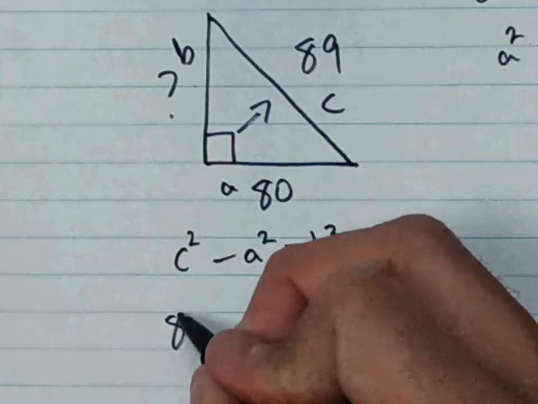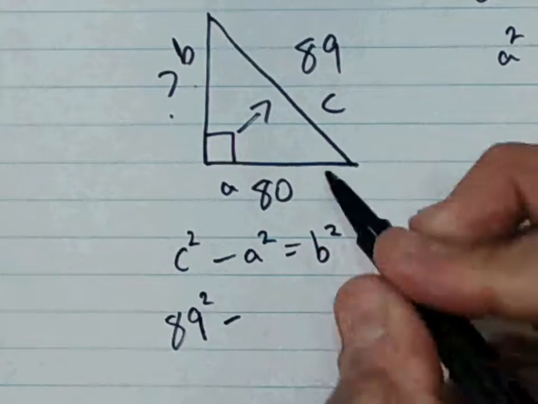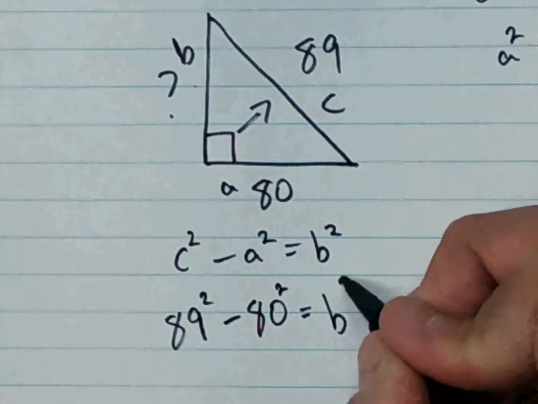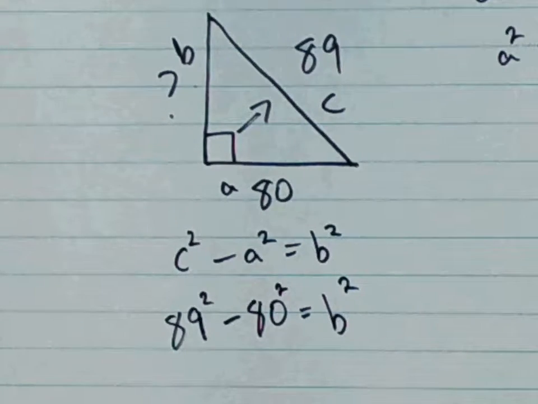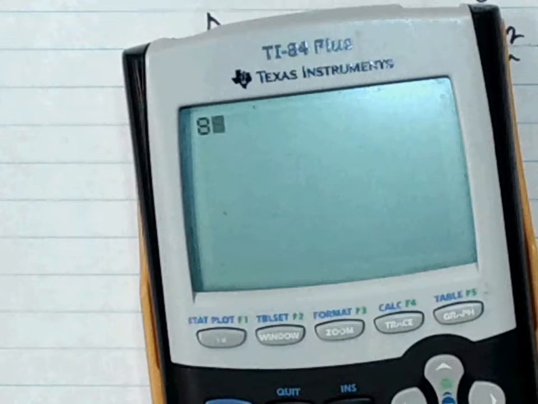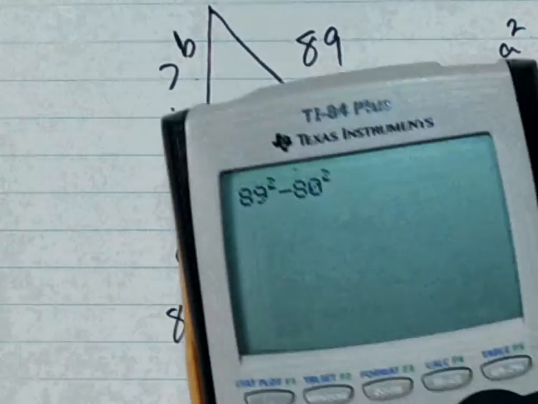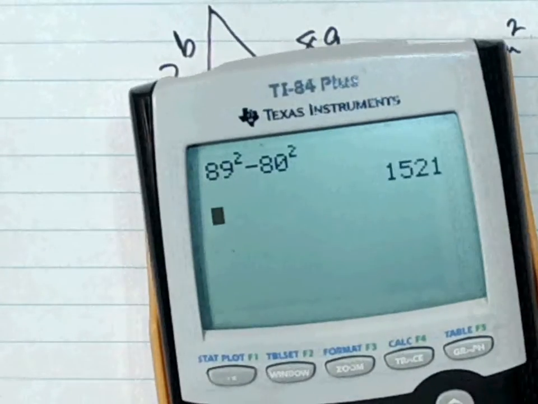My C is 89, so that's 89 squared. My A is 80, so that's 80 squared. And then solving for B squared. Alright, let the calculator do all the work for you. 89 squared minus 80 squared. So just make sure you got the same thing. 1,521